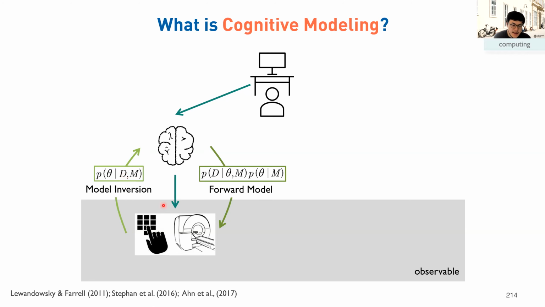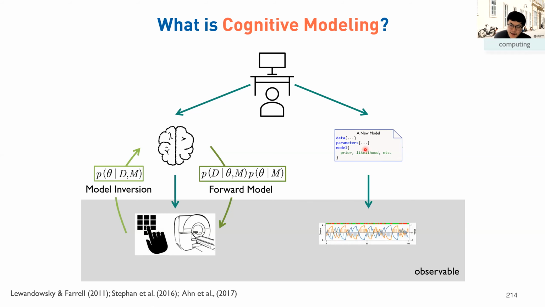But anyway, this is also not so intuitive, because you have to consider many things to do the model inversion, and you still don't know what might be going on in the brain. So what can be done a little bit differently is we could try to propose some models. The model is an approximation of how the brain works. So basically you can ask a model to do the same task as if this is the brain. And you could also ask the model to simulate choices or some other behavioral data or neuron data. And then let's say we propose or construct a model, and we say, well, as if the model is